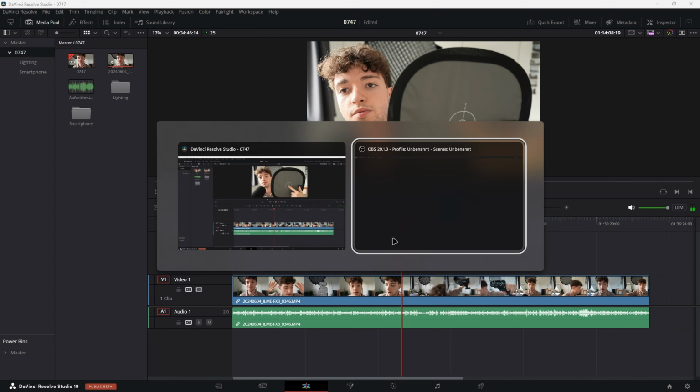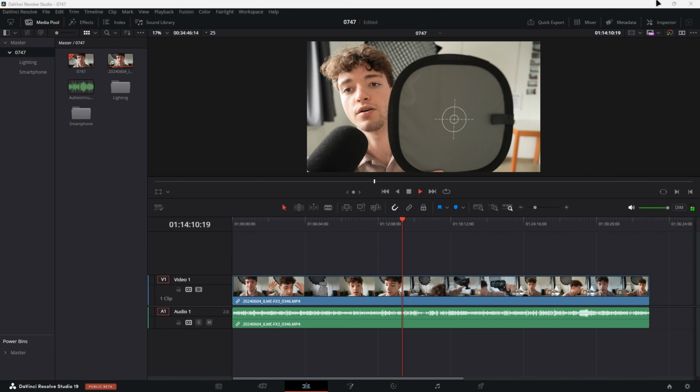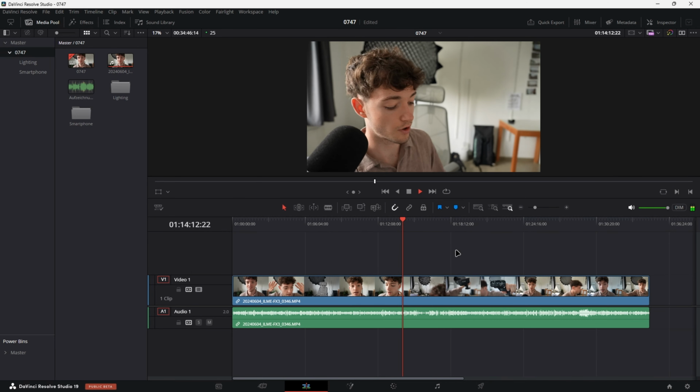Camera from the dot right here, and the camera automatically adjusts the white balance settings for you, which is pretty